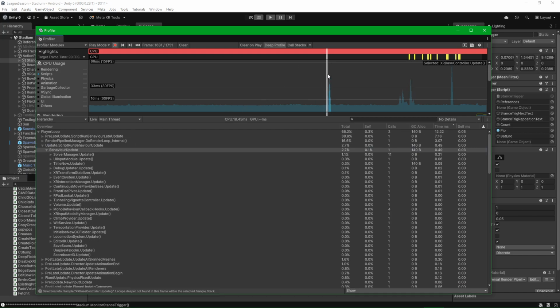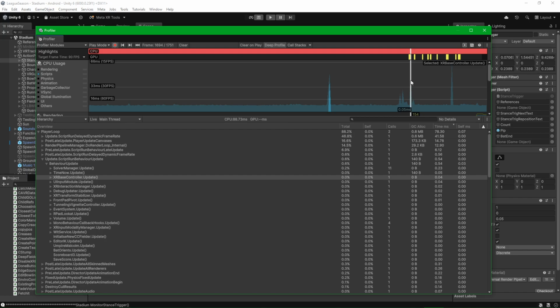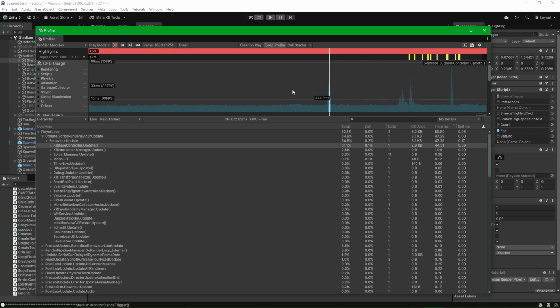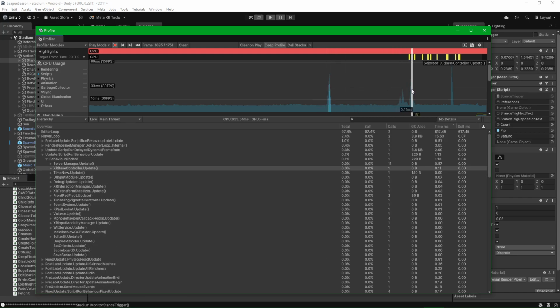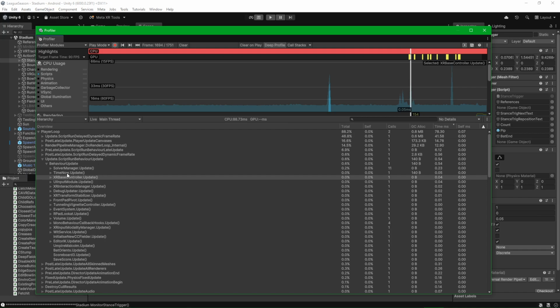But this one's not as important, because this is related directly to the actual testing that's happening here in the editor. I'm assuming this won't be happening when the game builds, so we don't need to worry about that one. This one though,